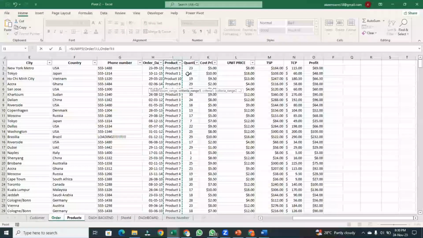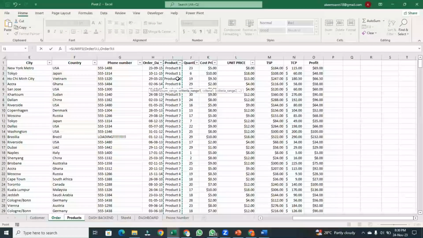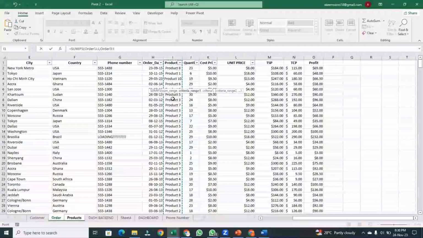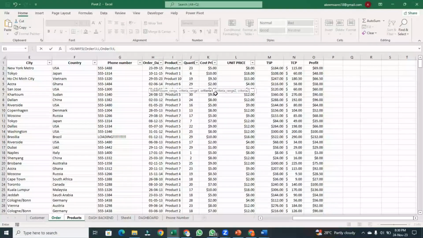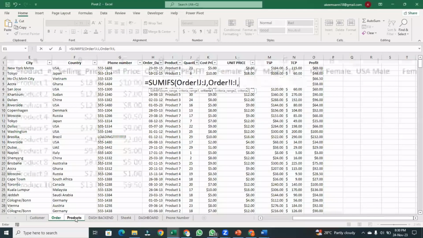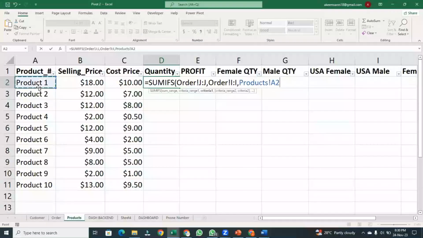Once you see it, then sum up the quantity. So I just gave the criteria range. Now, where is the criteria? The criteria is here. I want to sum up all the product one. So it's going to look at all the product one in the product range. After getting product one, it's going to pick the quantity for each product and